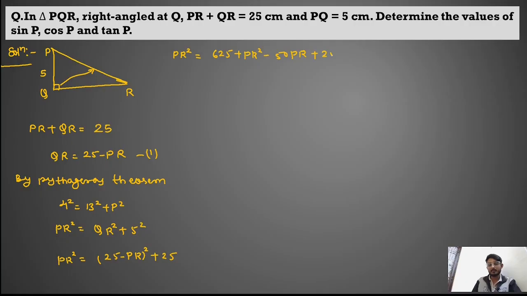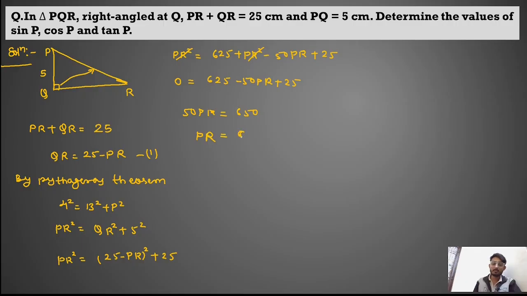plus 25. From here PR square will cancel out on both sides, because when you transfer PR square from this side to that side you get a minus sign. When you transfer any number from one side to another side you always reverse the sign. So 0 equals 625 minus 50 PR plus 25. Whenever you transfer 50 PR to the other side you get 50 PR equals 625 plus 25, which is 650, and PR equals